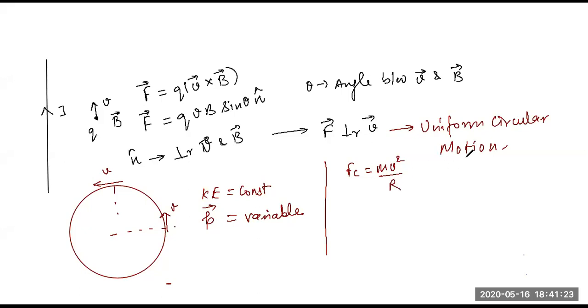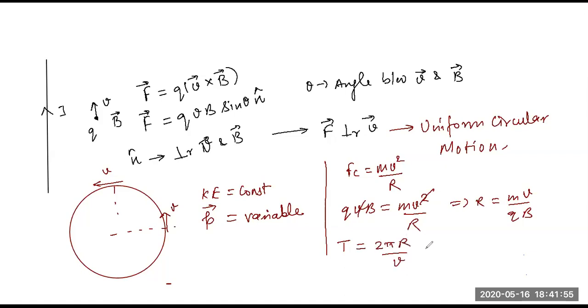Now the reason for this mv square by r in this particular case is the force due to magnetism. So I'll take this theta as 90 for simplicity, and I'll say qvb is equal to mv square divided by r. In this v and v will get cancelled out. You'll get the value of r as mv by qb. Then I told you that if using this you want to find out time period, it can be written as distance by speed. So distance is 2 pi r, speed can be written as v. So when you solve it, you'll get 2 pi m divided by qb. Right? V will get cancelled.